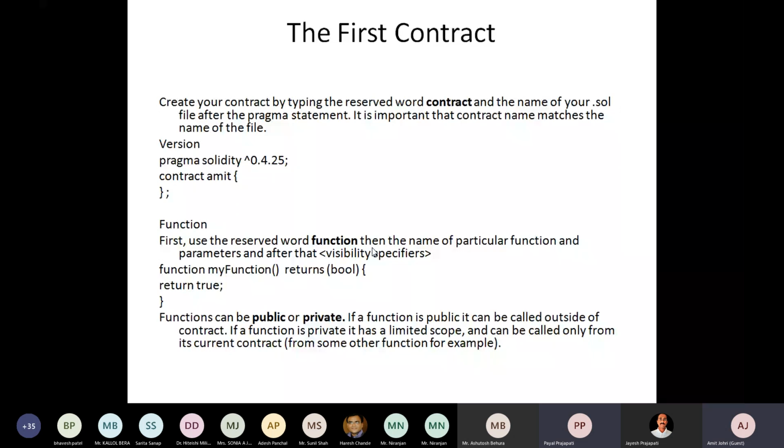Create your contract by typing the reserved word contract and the name of your .sol file after the pragma statement. It is important that the contract name matches the name of the file. So: version, pragma solidity, contract name, function. First use the reserved word function, then the name of the particular function, then parameters, and after that the visibility specifiers. So: function myFunction() returns (bool) { return true; }